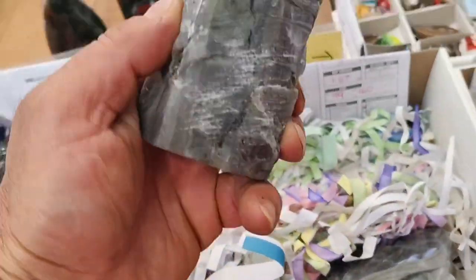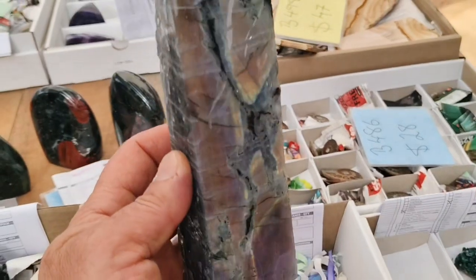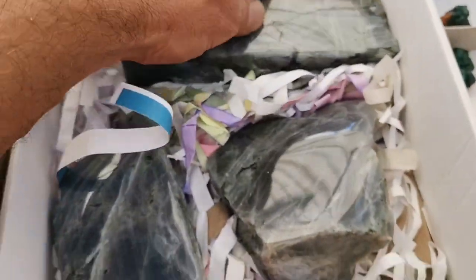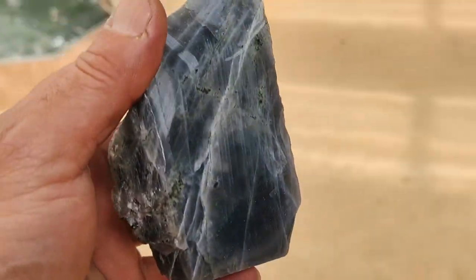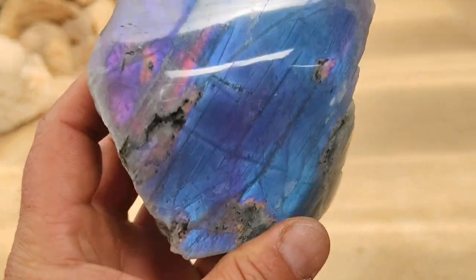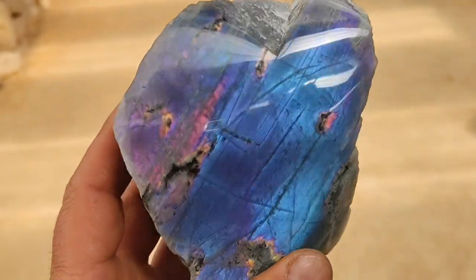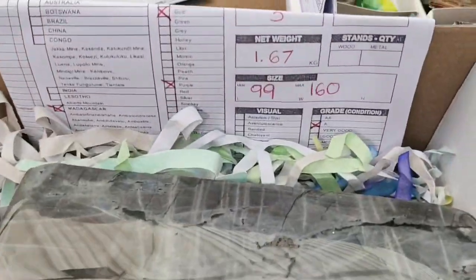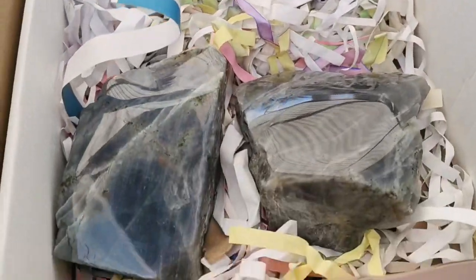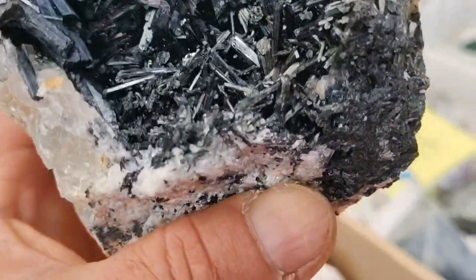There are 3 partly polished fellas here. That is the rough side. Oh, that is gorgeous flash right there. They're all rated as A grade. That's very nice, man. They have been sliced at the bottom, so they are partly polished A grade standing forms. Very nice bit of labradorite there, 1.67 kilograms. It's going to cost $43 for the 3. That's flat 451. Lekker. Next up, we got some beautiful black tourmaline, 2 large specimens, feldspar, and some beautiful, intricate